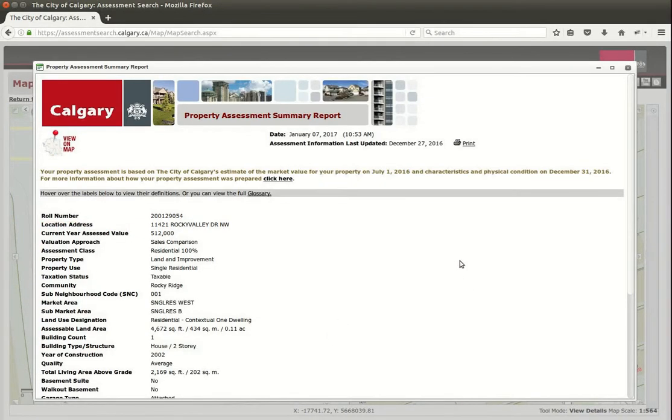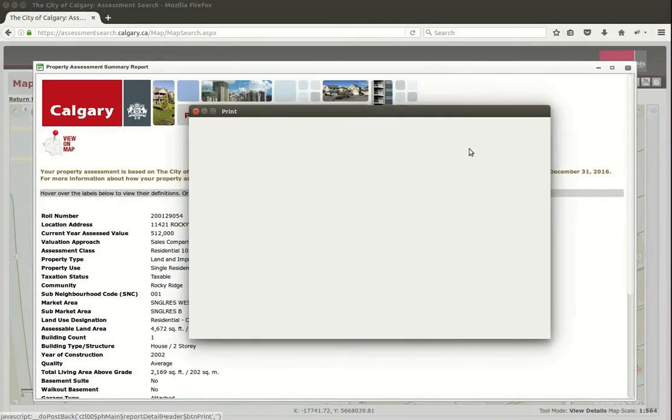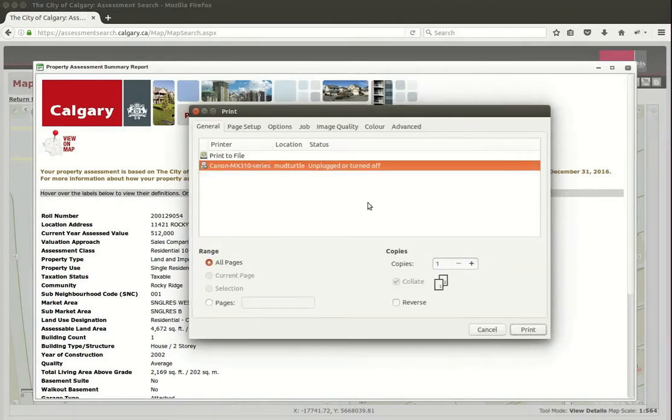I don't want it on paper, of course. I need it in a digital format. You should see this no matter what browser you're using, what operating system, whether it's Mac, Windows, or what I use, Ubuntu. You should see this print link here. Click that link. You don't even need a printer for this, but you can see here's my printer. It says it's unplugged or turned off. I'm not printing it to paper. I'm printing it to file. So if I click on that,